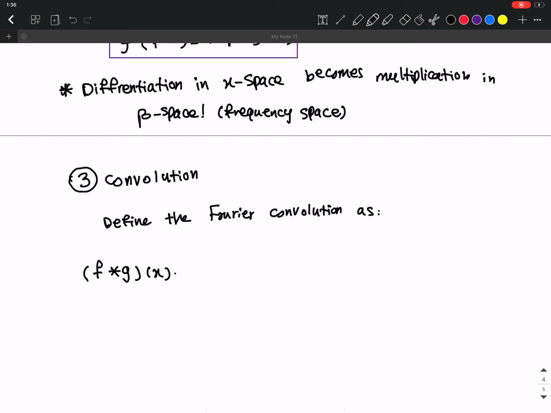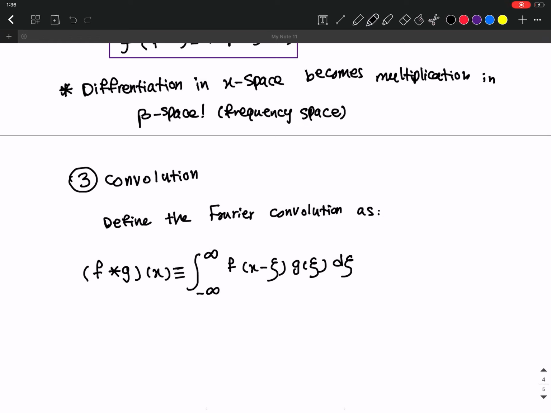So the convolution of them is defined as this integral from minus infinity to infinity of f(x) minus xi times g(xi) d xi. Okay, so this is just a definition, how we define